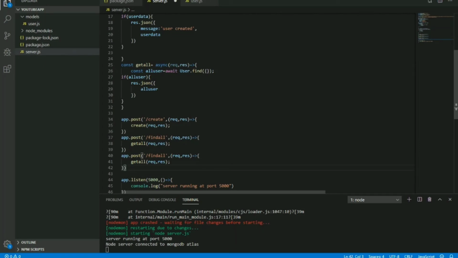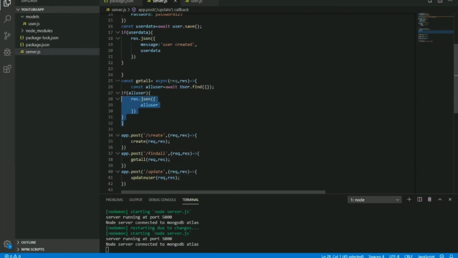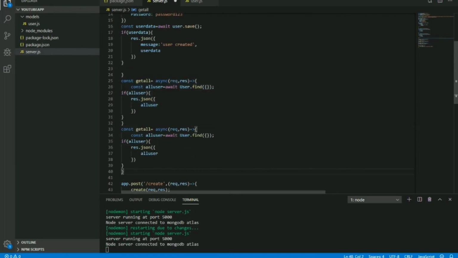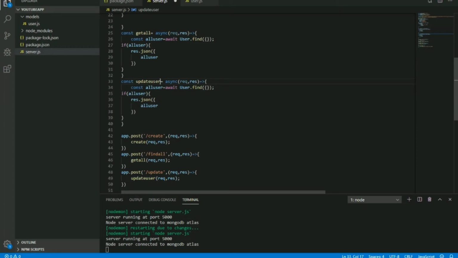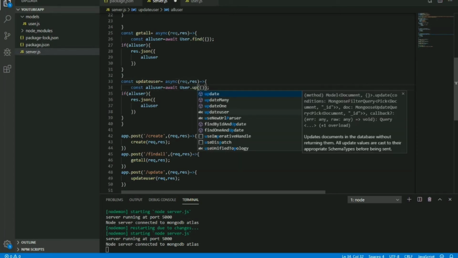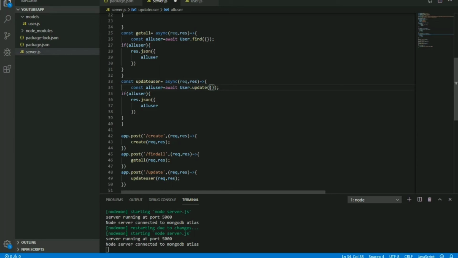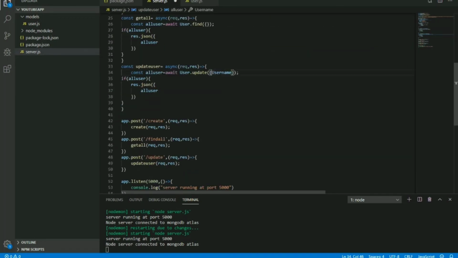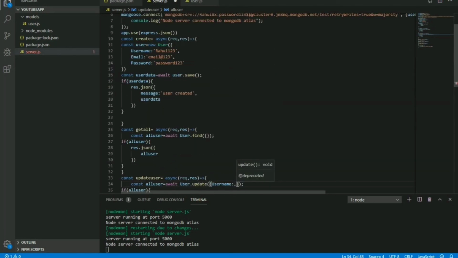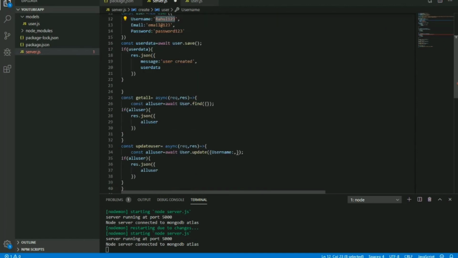Next, we'll make an update async call. This will be an API request named update, and we will change the function to update user. Then we will create a function named update user by copying the same and changing user.find to user.update. We'll rename the function as user_update, and we will write the first object as the filter to find which object to change. So we will use the username object in it and copy the username we sent before, which is Rahul123, and paste it here